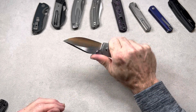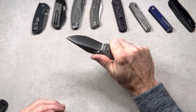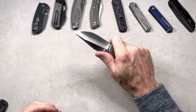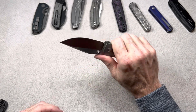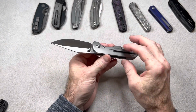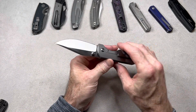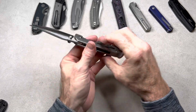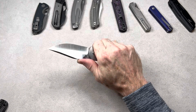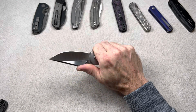Ergos are good. They're not the best ergos in the world. They are pretty good. I'm a big fan of a forward finger choil. So most of the knives I buy have a forward finger choil. This one does not. But it does still feel good in hand. If you were to hard use this knife, I do worry a little about the pocket clip. I do feel this tip right here a little bit. It's kind of sharp right there, but I feel it slightly poking me,